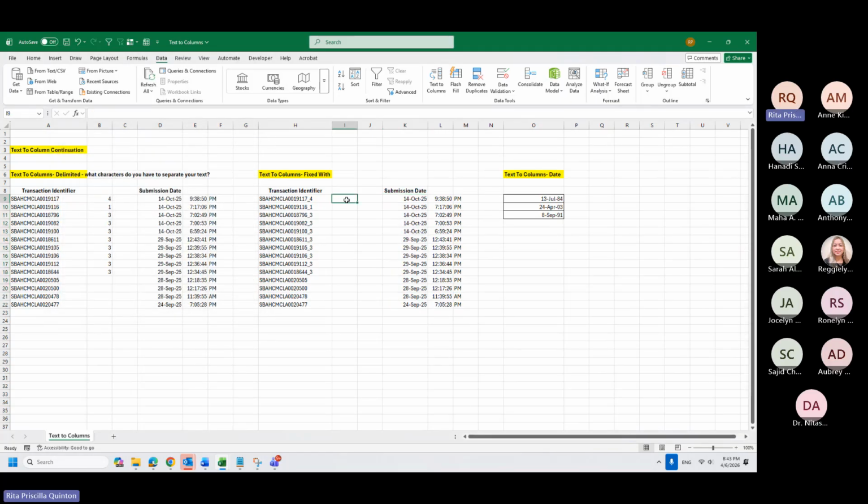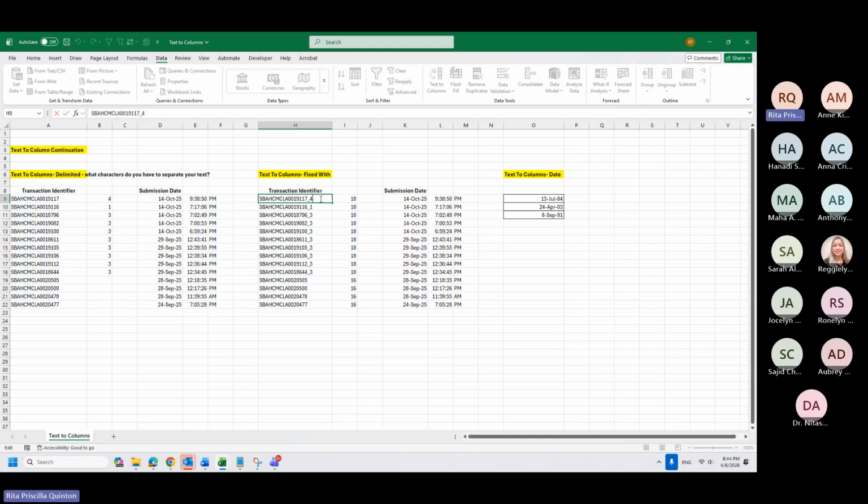Here also, if you forget text to columns, inshallah you will not, but I hope you will remember LEN, which is very important. This will count the characters within the cell. So here, I know it's 18, 16, 16. So looking at this, I know that the correct number that I need is 16, not 18.